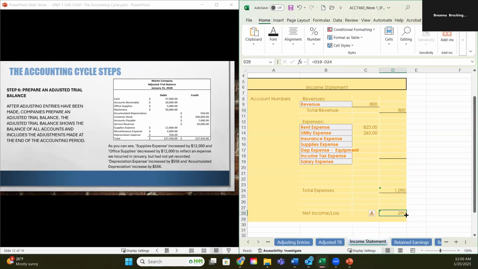and that would be your net income or loss, depending upon. If it's a negative, it's a loss. If it's a positive,